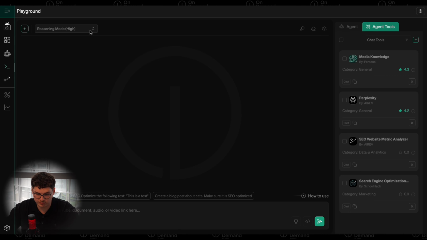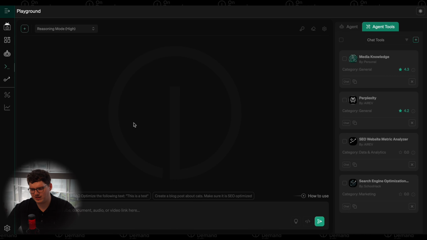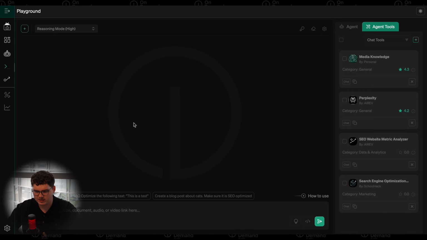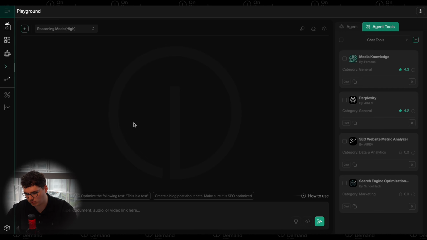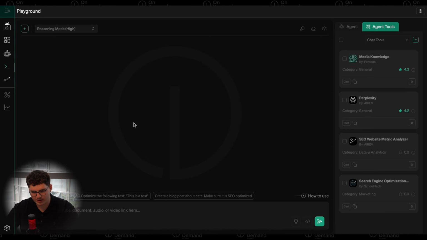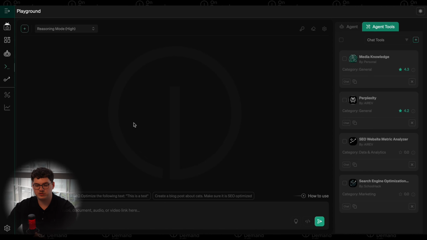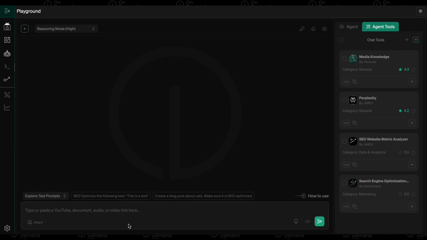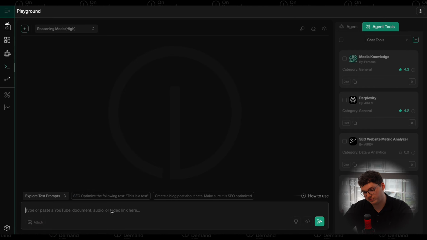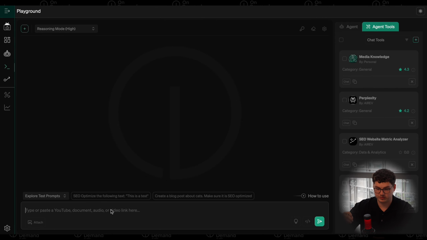You can see here we've put reasoning mode high on. This is just to allow for higher thinking capabilities and allow the AI to have a bit more freedom outside of what we're just prompting it. We're allowing it to take what we're initially prompting and expand upon that and determine for itself the best course of action in order to achieve the results we're looking for here. So we'll test it within on-demand first before we then go ahead and build this full